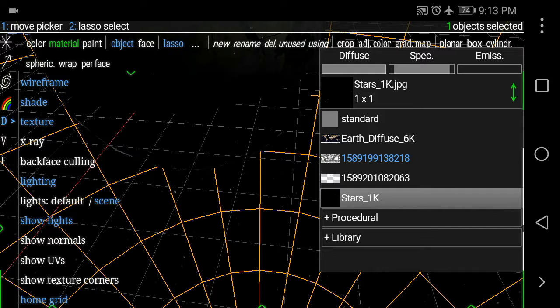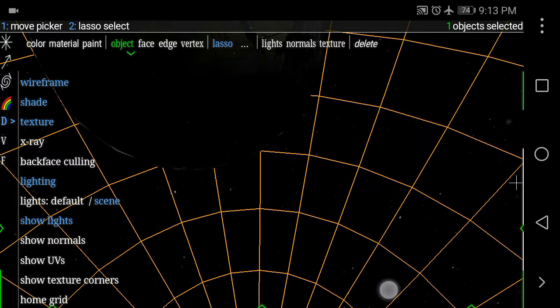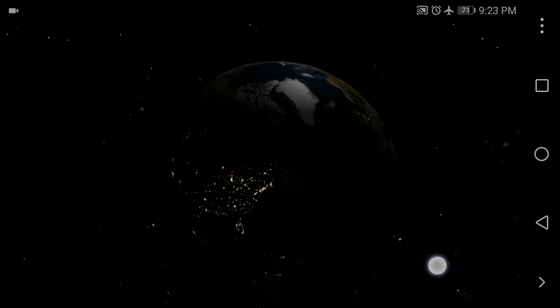Now, disable home grid, wireframe, lights and hide the GUI and rest for a bit, because now it's time for